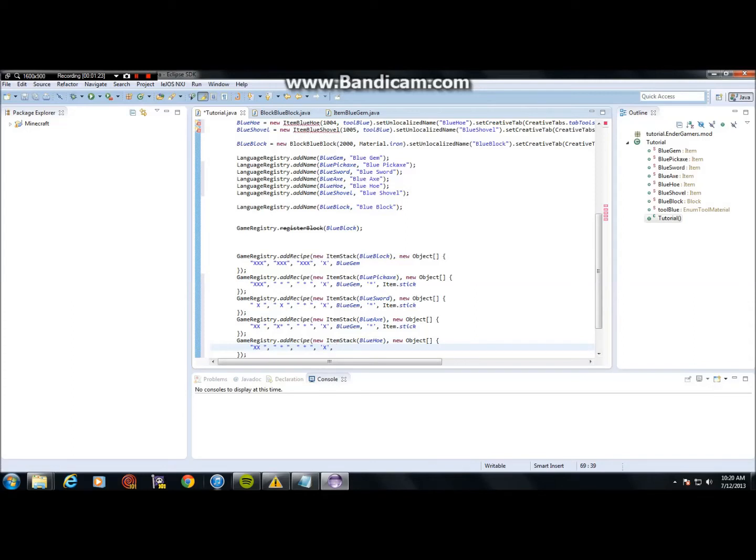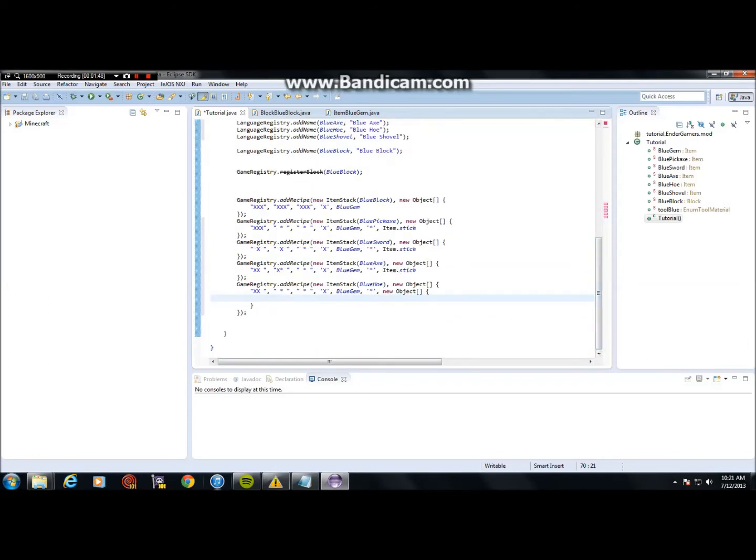comma blue gem, and then after that we have comma space apostrophes asterisks comma space new object square brackets then squiggly bracket, and then we go down and